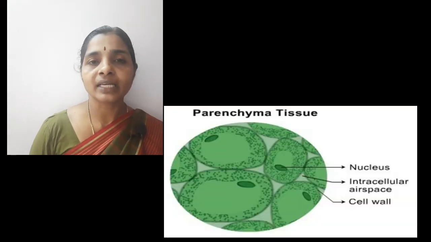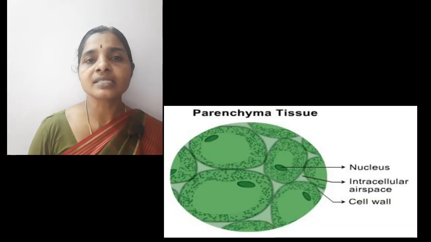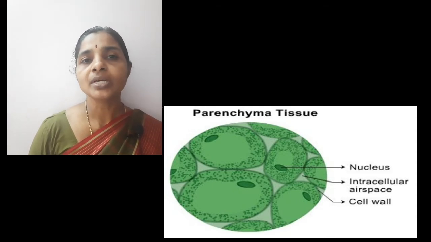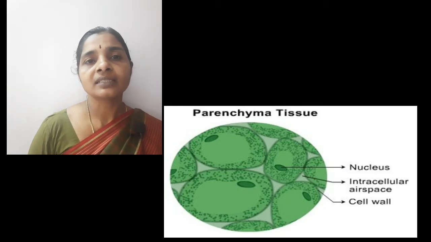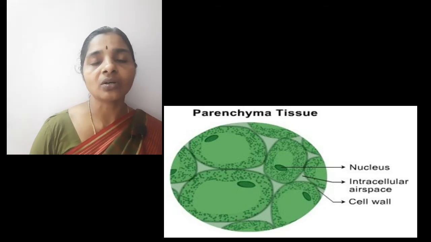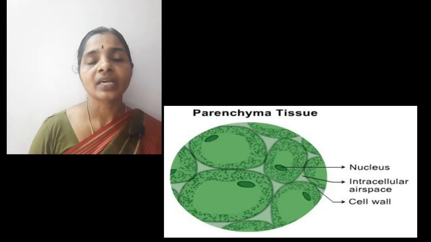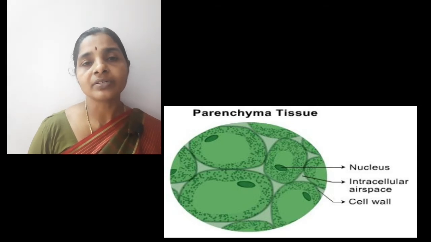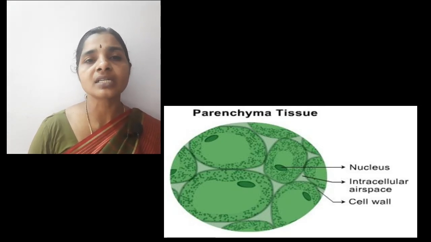First one is parenchyma. Here the cells are round or oval shaped. In parenchymatous tissue, the cells are round or oval shaped. And the cells are living, all the cells are living, and their wall is very thin. And another feature is these cells are arranged loosely so that we can see that enough intercellular space is present